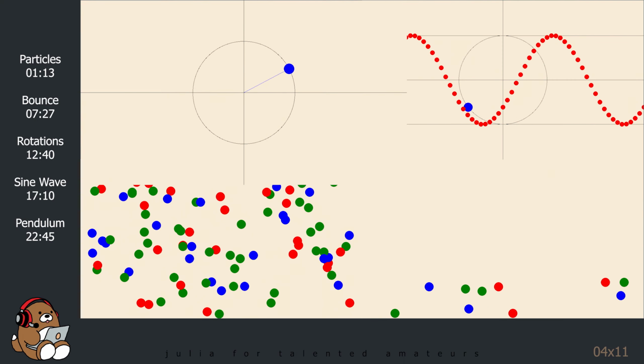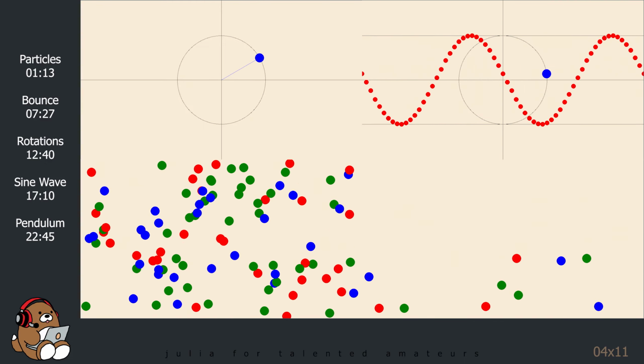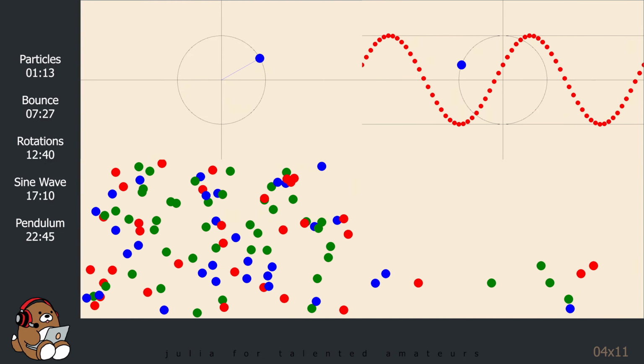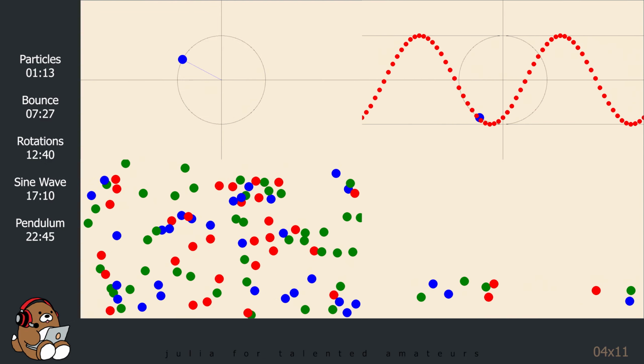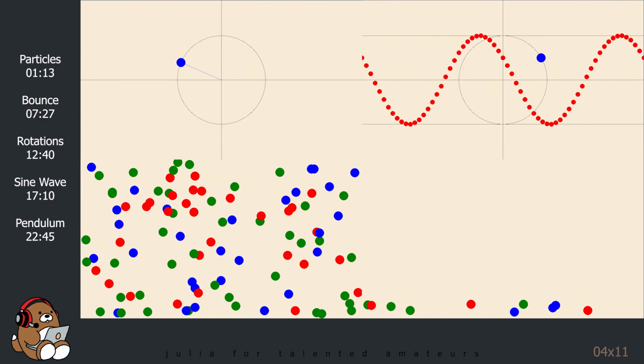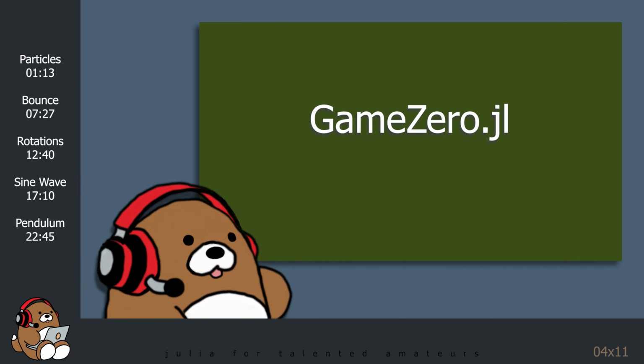I know that I went through these examples very quickly, but my intention today was to generate as much code as I could and make it available for you, since there's not a lot of documentation available for Game Zero yet. Hopefully, having access to my code will make it easier for you to get started on creating your own custom simulations. There's a lot more material to cover regarding Game Zero, but I've already made 3 Game Zero tutorials, and we're getting close to the end of this series, so I haven't decided what to cover next. Stay tuned to find out what comes next.